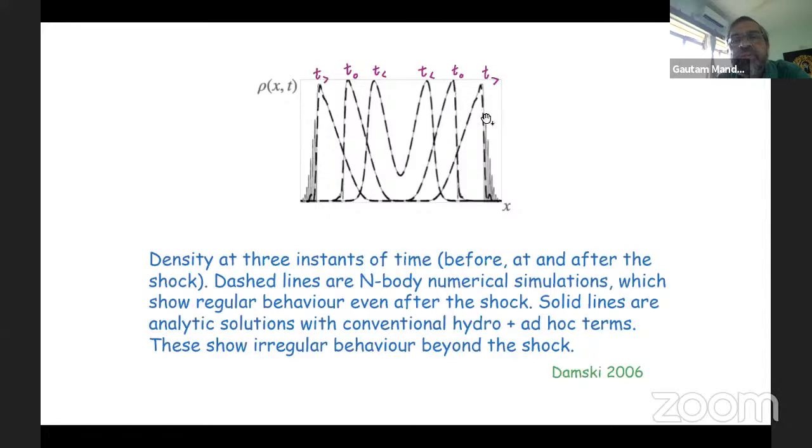But then, of course, with this phenomenological term, you can try to go beyond. That is the time which I have called T greater. And you see that there are these uncontrolled wiggles that appear here. On the other hand, the numerical calculation using the many-body Slater determinants shows the solid curve, which is clearly able to go beyond. So the idea is to get some analytic method which can tell you the story beyond the shock formation.